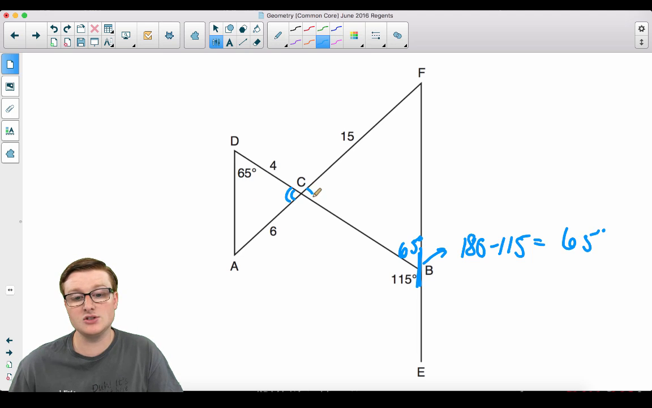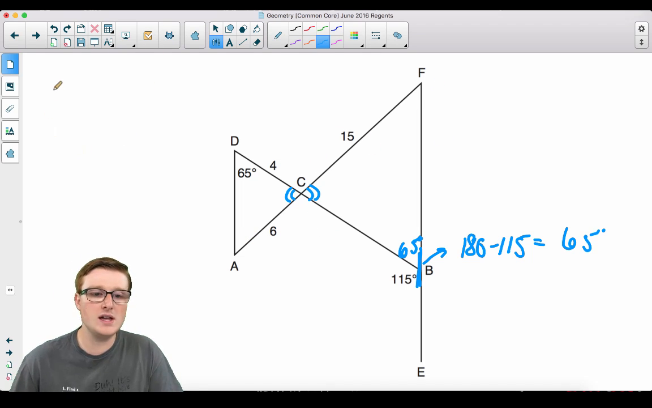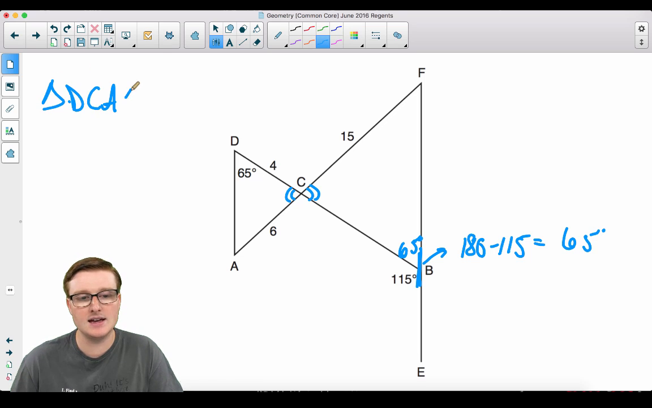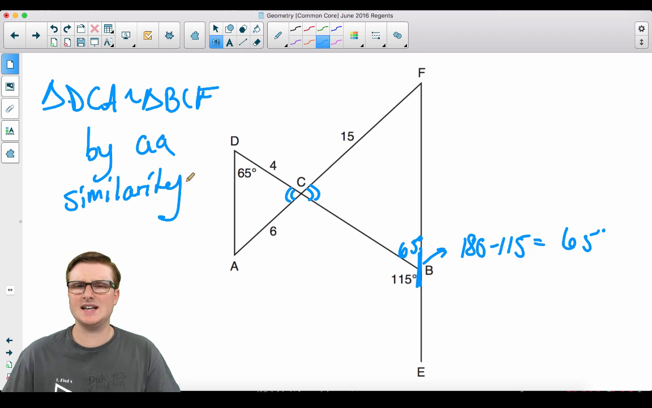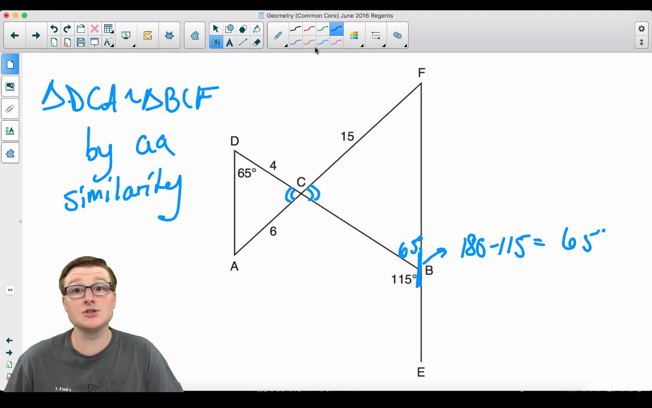Also, angle C in the middle, well, angle DCA is congruent to angle FCB because those are vertical angles. So therefore, we can conclude, based off this information, that triangle DCA is similar to triangle BCF by angle-angle similarity, okay? So what does that tell us? Well, similar triangles are in proportion to each other. So if we're trying to find the length of CB, which I'm going to call X,